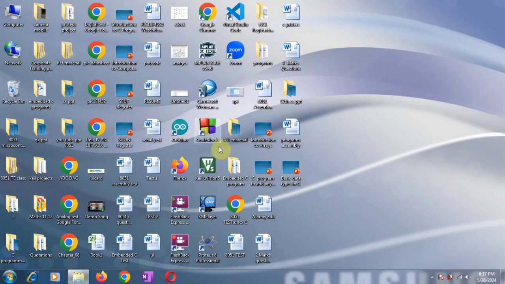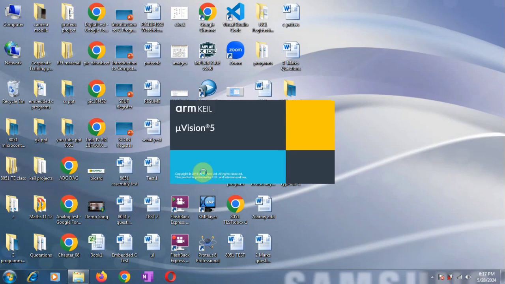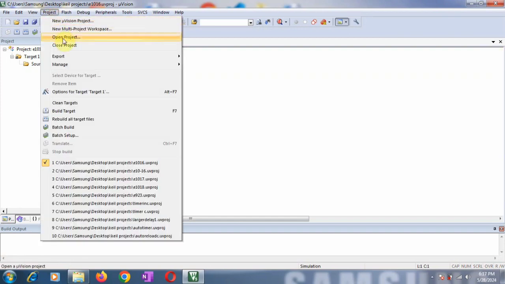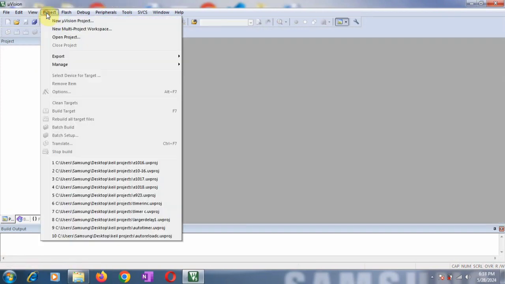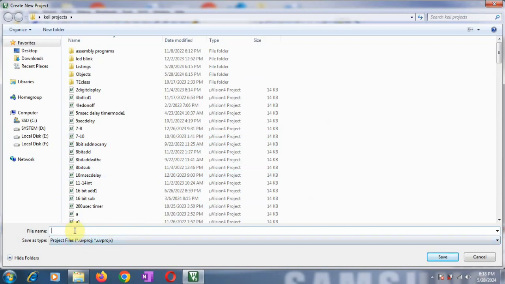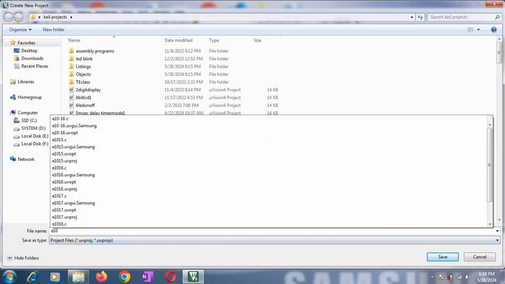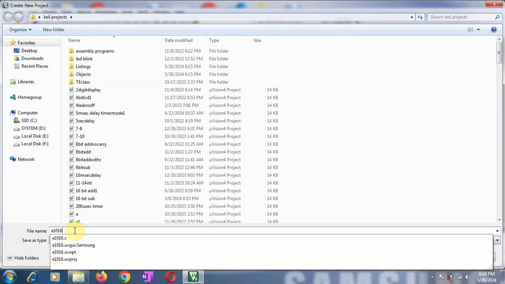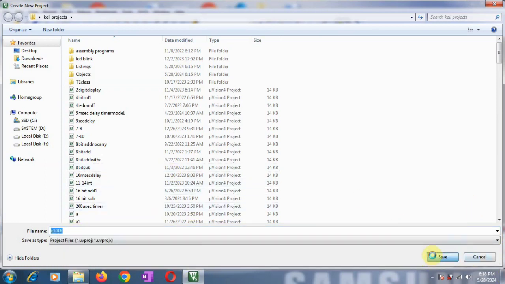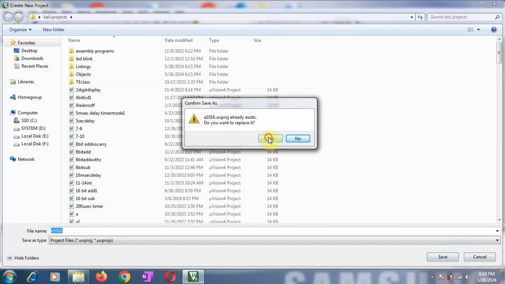YES. So the procedure for that is, if you have Keil installed on your computer, you have to double click on this. So first you have to create a new project. Whatever the original project is, close it and click on new uVision project. Now here you have to give a name to your project. Don't give any extension here because this is not a file name, and save your project.